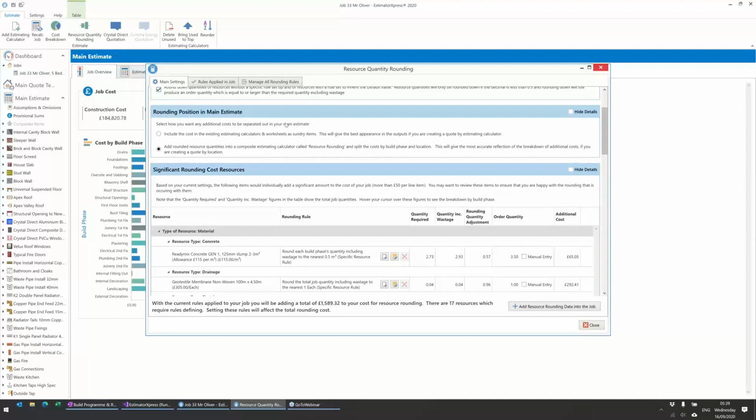I'll just talk about this next item first, though. Rounding position in the main estimate. Of the, what have we got here? About £1,600 that it's going to add in. We've got a couple of different options as to how that £1,600 is going to be applied to your job